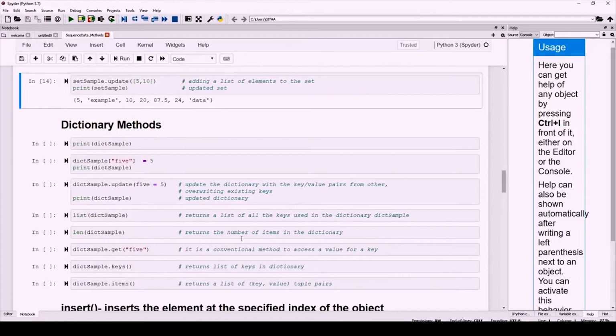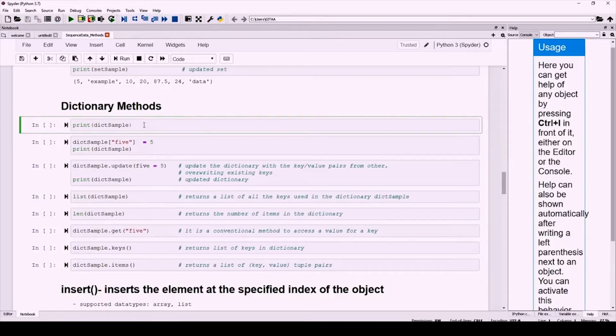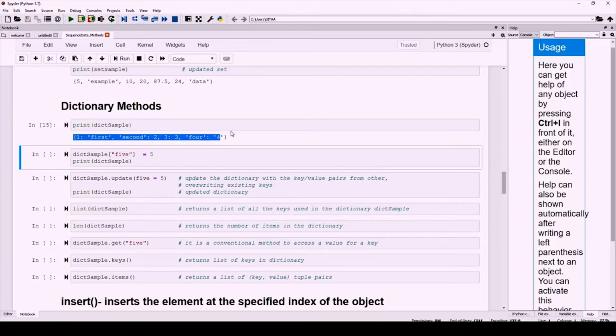The next thing that we are going to see here is some of the methods that can be applied on a dictionary, because as we know, a dictionary is a container that can hold non-sequential data. We can't perform the same methods in the same way, they can be applied but in a different way. So we are going to look separately at what are the methods that we can use on a dictionary and how we can apply them.